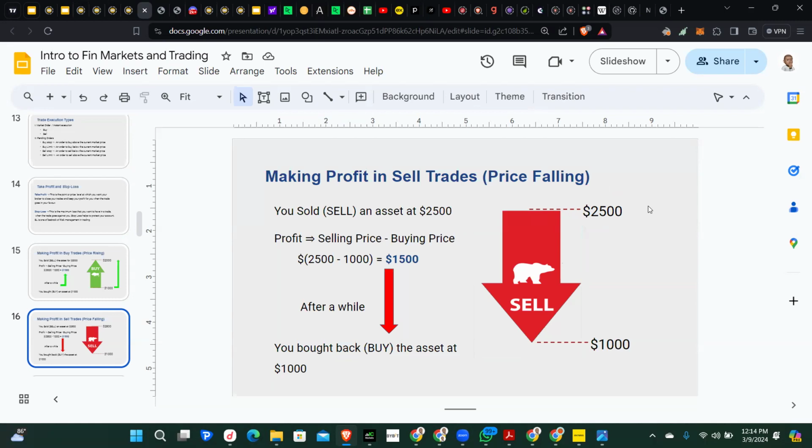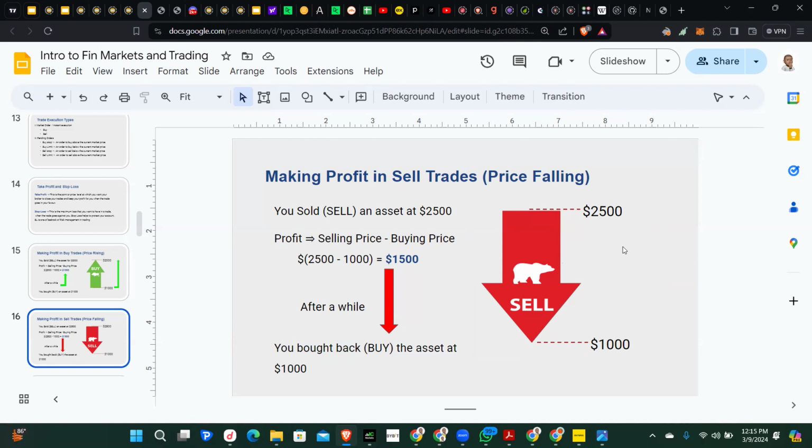So you bargain and enter the contract, and your friend agrees and gives you the phone, on the confidence that you are going to return an iPhone 13 to him next week. Whether it's the same color or not, the phone has to be an iPhone 13. So when you took the iPhone 13, you entered the market and sold it at 2,500. Then by next week, iPhone 13 fell down to 1,000.